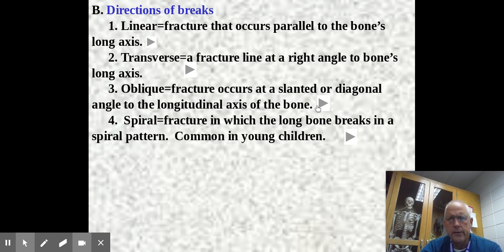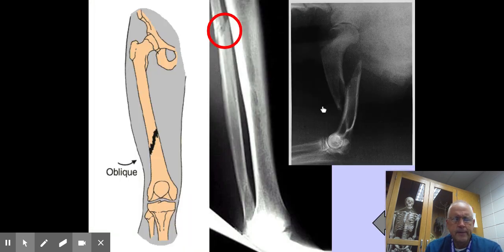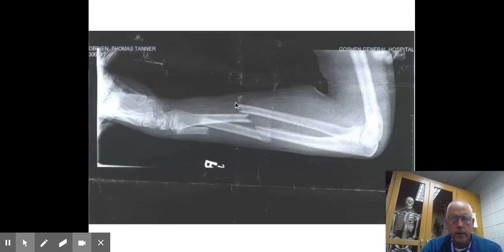But sometimes we see those just by landing kind of funny. You can see some of those breaks there. That's a humerus, and it's just in a slant, a diagonal. We call that an oblique fracture. All right. That's a really nasty one. You can see how those are broken. These are some pretty crazy pictures